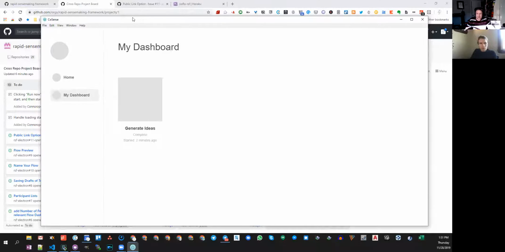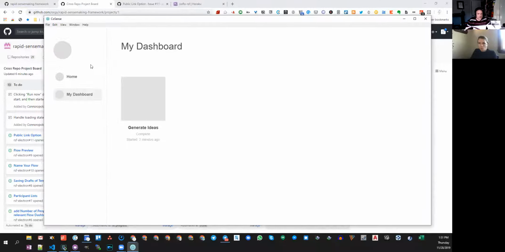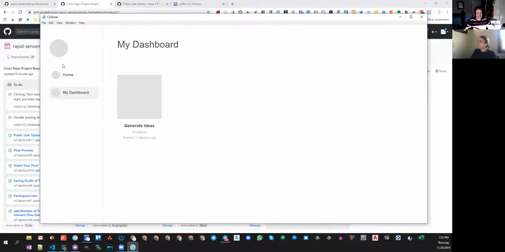I don't know what prior thought exists in terms of user stuff, but I think it would be cool to have different profiles as a facilitator, for maybe even different contexts or different projects. I don't know if that's something that already came to mind, but I was just seeing this circle and it made me think, what is that supposed to represent? Is that the profile I'm currently under?